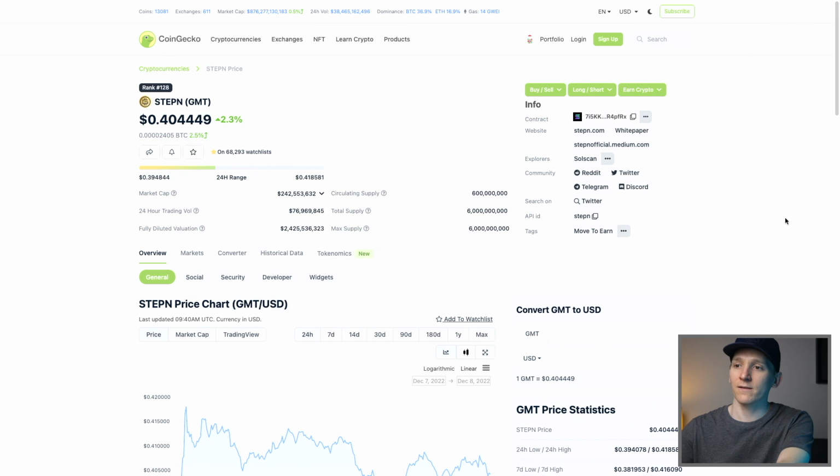The reason why I say this is because during bull markets, everything is going up and you can take long positions and that's great. During bear markets, traders will actually flip to the sell side and go short.